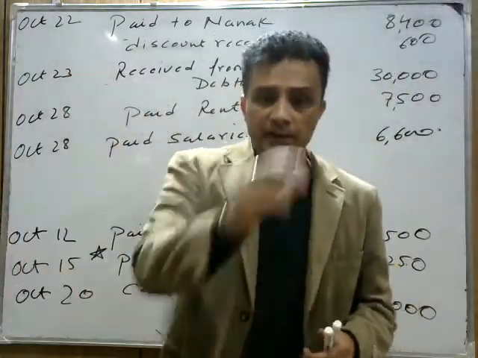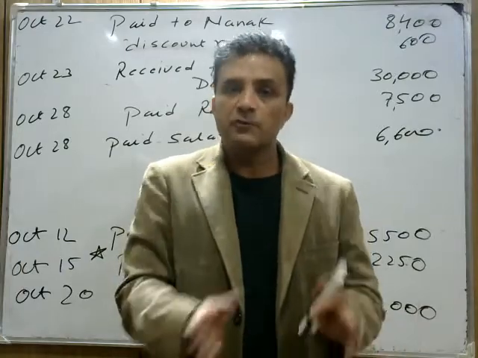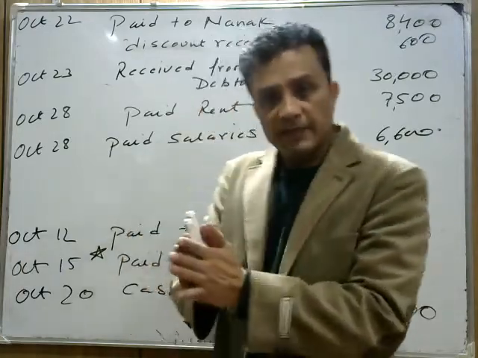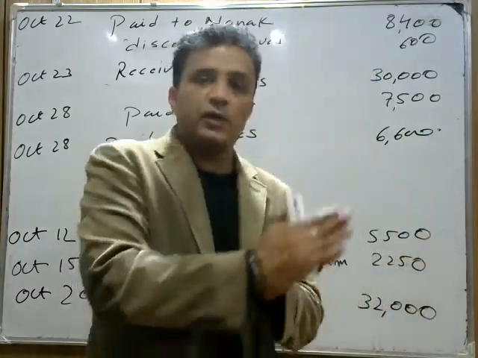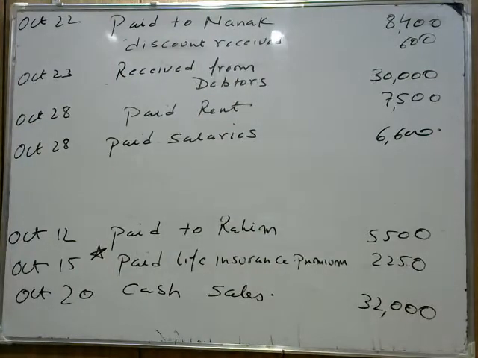Keep it in front of you and then prepare the cash book. It's a simple cash book with discount column. So do it with me only so that you can understand each and every transaction which we are recording over here. I hope you noted down all the parts. Note down the question. In total, 13 transactions are there. So check whether you recorded all the transactions.